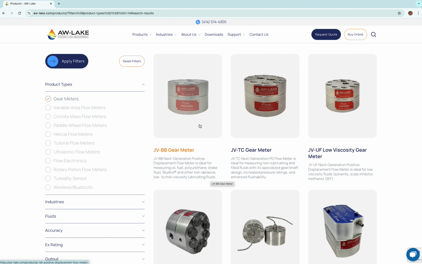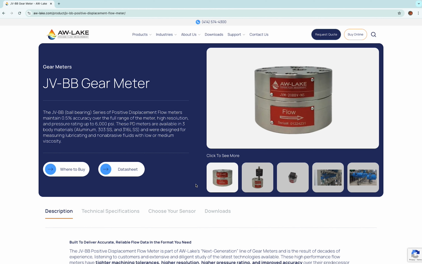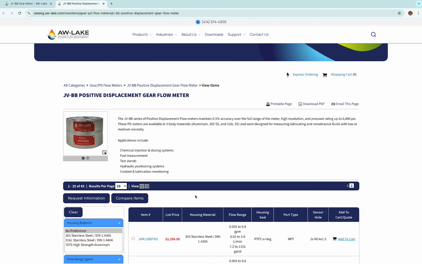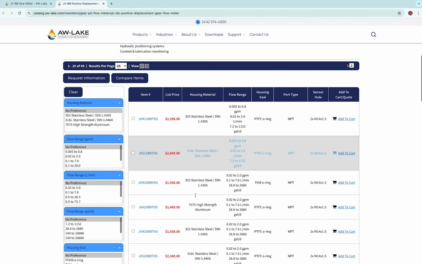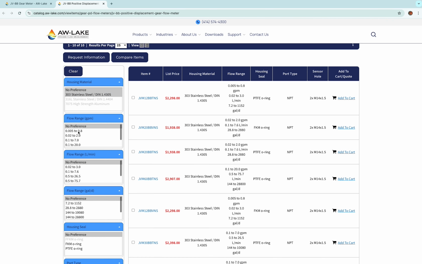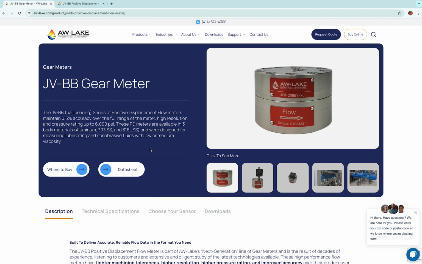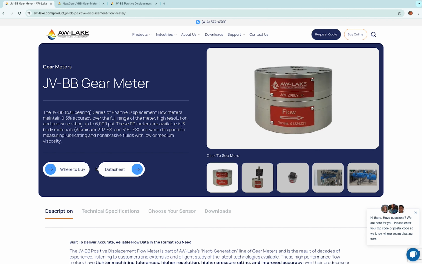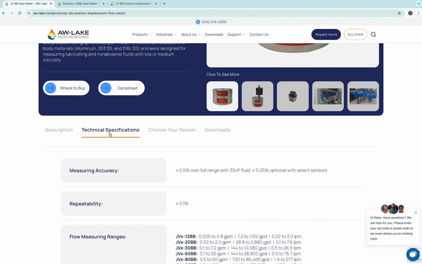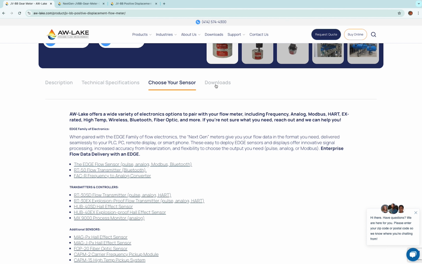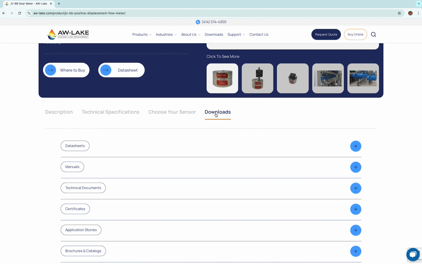Once you pick a meter type, you will be taken to that product's page. If you click on Where to Buy, a new tab will open up to our e-commerce site. Here you can filter down different specifications of that product and place orders. If you go back to the product page, you'll be able to download that product's datasheet or look up other information, like a product description, technical specifications, a section where you can choose your meter, and downloads, including manuals, certifications,